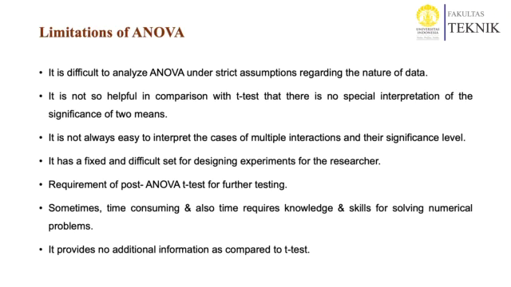Okay, so we already see the advantages, the uses of ANOVA, one-way or two-way. But as for statistics, because statistics never gives an exact value, always estimation, we have a lot of limitations for ANOVA. For example, it is difficult to analyze ANOVA under strict assumptions regarding the nature of the data, and it is also not so helpful in comparison with the t-test, as there is no special interpretation of the significance of two means. It is not always easy to interpret the case of multiple interactions